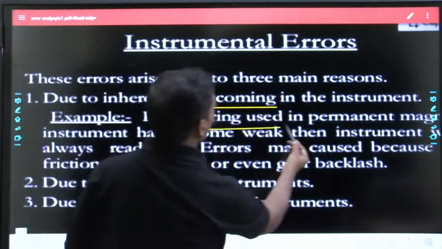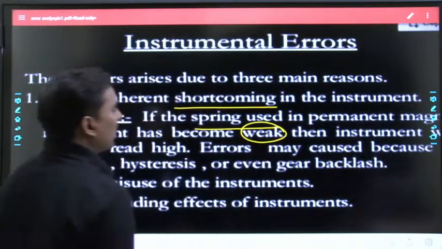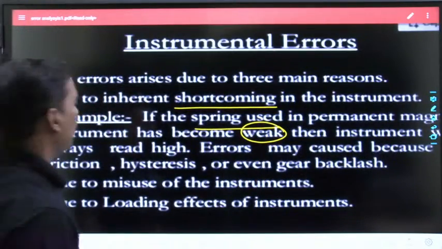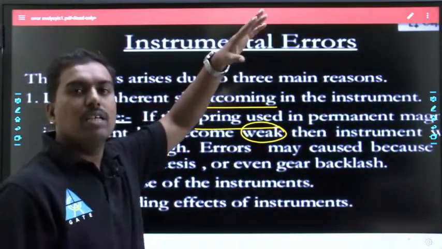See here. If the spring used in a permanent magnet instrument has become weak because of continuous usage, then the instrument always reads high. Why? Because the controlling torque is not there, only the deflection torque is there. So errors may be caused. Next, due to misuse of the instrument, you don't know where to connect plus and minus. So these all will come under